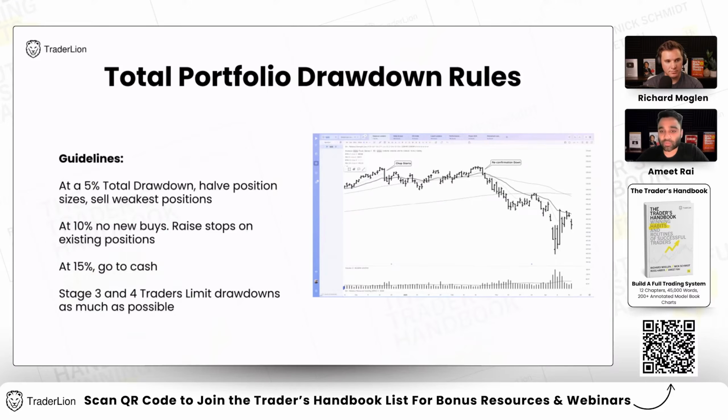You want to have this. It's kind of like a circuit breaker system for the markets. You know how if the Nasdaq is down 7%, the circuit breaker one level will trigger. This is kind of a circuit breaker system for your portfolio. That hey, you're 5% off the highs. Something's not right. Maybe it's the market. So listen to what the market's doing, or trying to tell you. At 10%, it's kind of circuit breaker two. I know Mike Webster has this kind of system as well for portfolio drawdowns. This is a top level portfolio management.